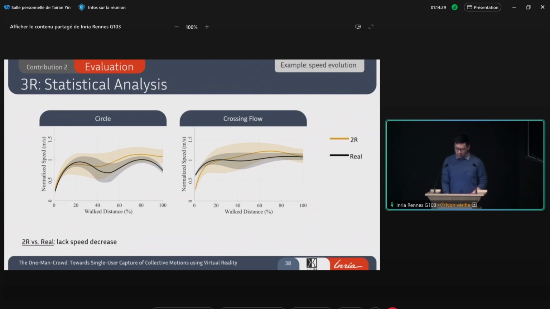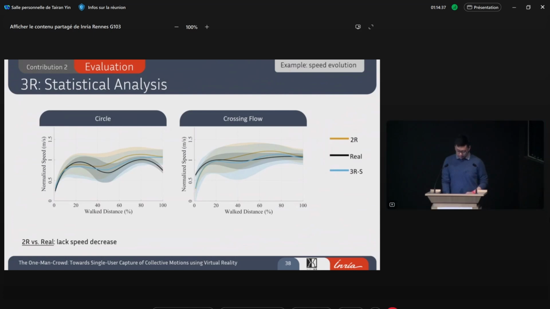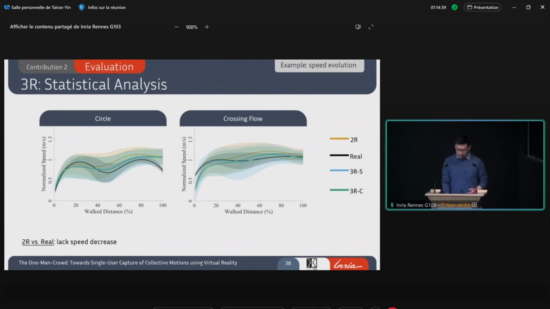In comparison, our 3RS result presents a more similar speed evolution to the real data, and equally the 3RC condition. So this indicates that the 3R conditions can effectively mitigate the bias caused by the 2R process. And in addition, the 3RS and the 3RC conditions have quite similar effect.